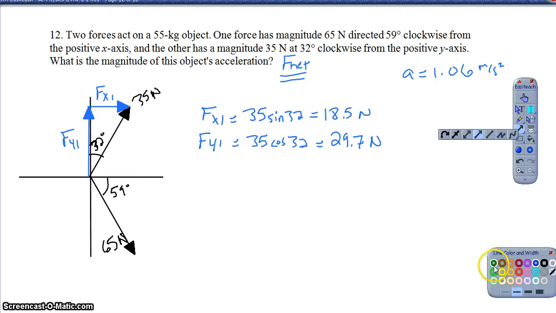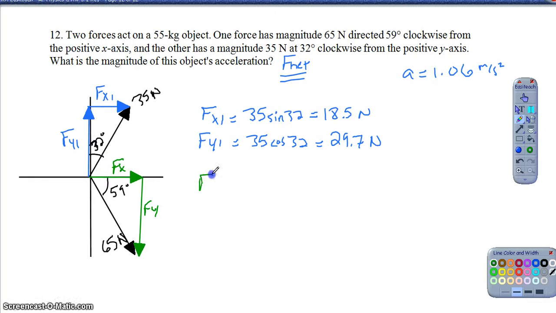And then I'm going to do the same thing for my second force here, and I can do it whichever way I want, in terms of I could go over and down or down and over. I will do this so that I can use this angle of 59 degrees. If I did go down and over, I would want to find the complement of that first, right? But when I set it up this way, then the Fx and the Fy actually reverse